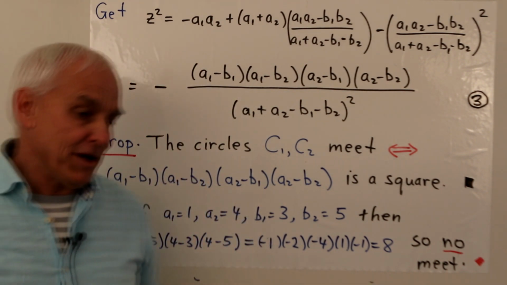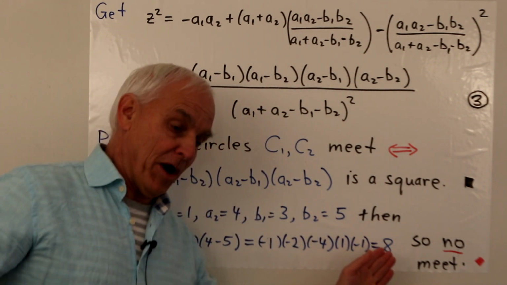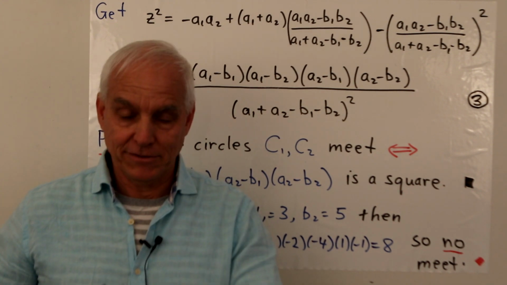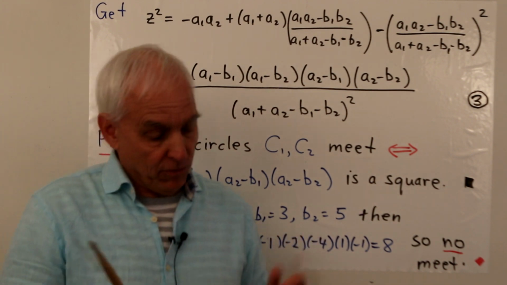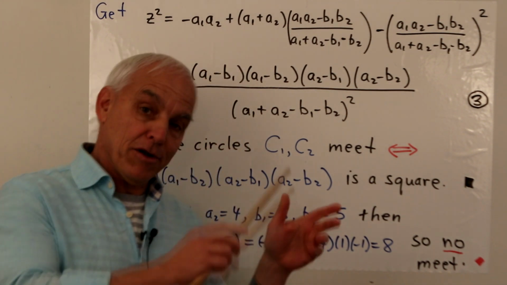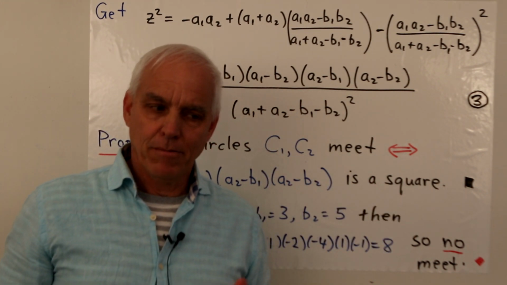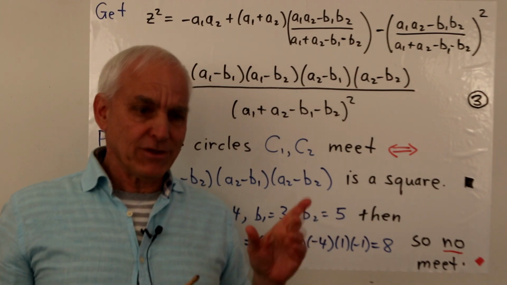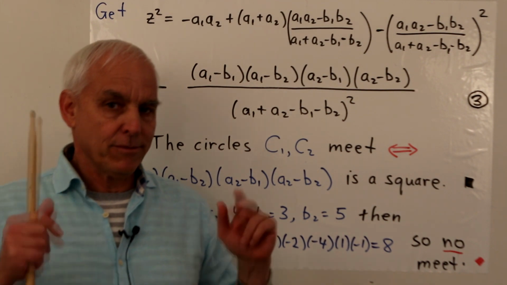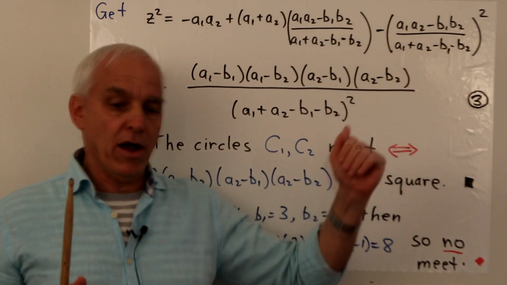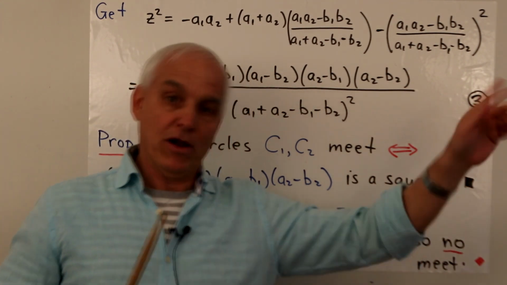Now, for those who are real number advocates, in the real number world, 8 is a square because it's the square of the square root of 8. That's almost a tautological statement. And then you ask, what is the square root of 8? Well, you could get your calculator, press the square root button with an 8, and it spews out some decimal digits. But if you actually check, that's not really a square root of 8. It's only an approximate square root of 8. The true square root of 8 is some infinite decimal that goes on to the boundary of the universe, and at that point it's just getting going. And then it keeps on going forever and ever.